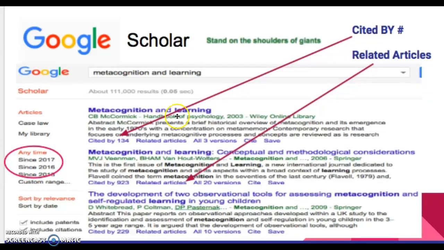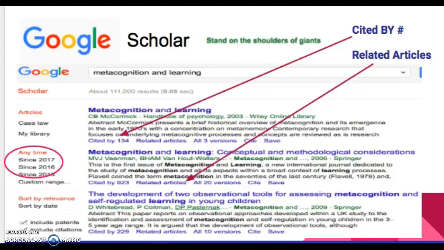The other things that I'm pointing out here are that related articles are available. If you'll notice, there's a link under each of these entries, which of course could lead me to a wealth of great research related to my topic, because sometimes we find a great article and we want 20 more like it. Google Scholar has taken care of that by adding the related articles link. The other link is the cited by link. So we're going to talk about that